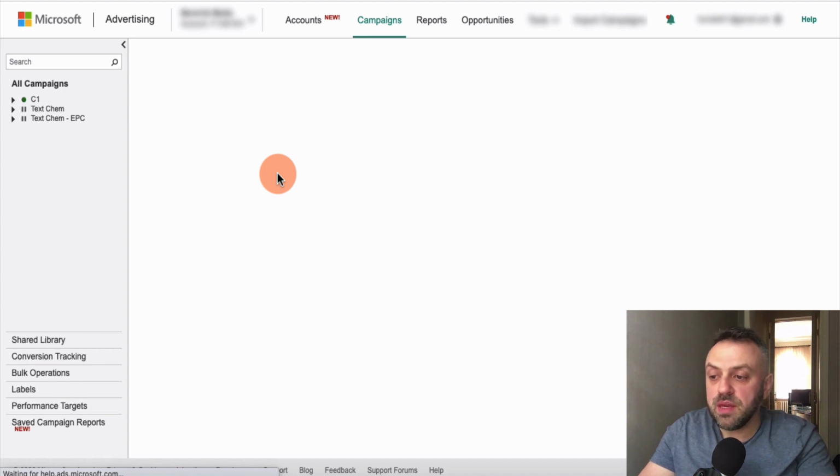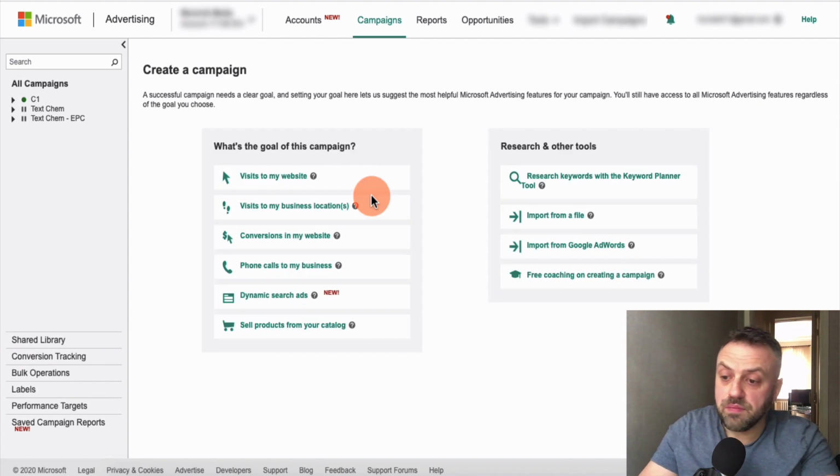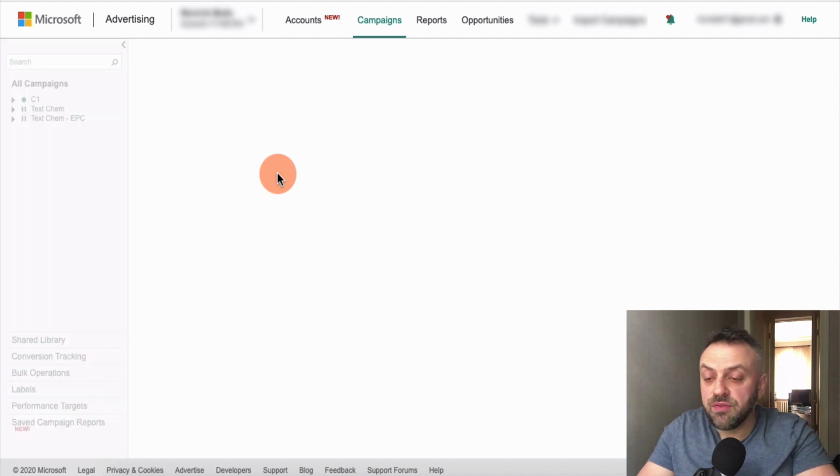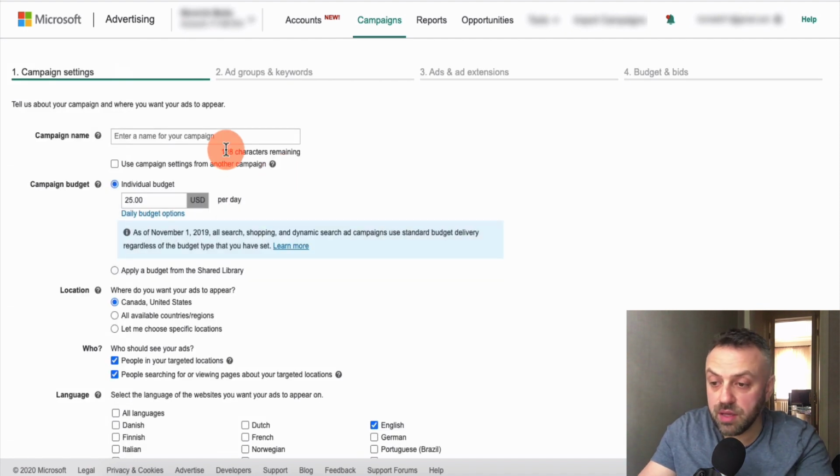And I'm here in my Bing ads campaign. This is actually known as Microsoft ads now, but it's pretty much the same thing. You can just Google for Bing ads or Microsoft ads. It's the same thing. You're going to be on your campaign screen. You want to basically go in here and create a new campaign, okay? So once I click on create a campaign, I basically have a lot of options. We're going to keep it simple. We're going to do visits to my website,